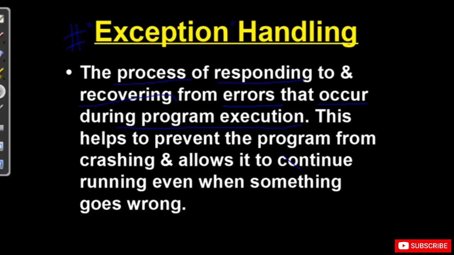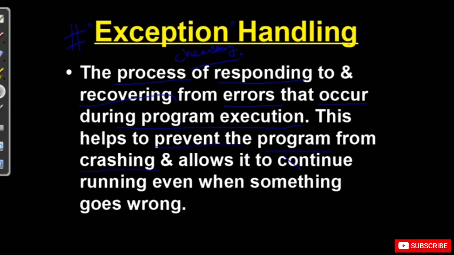Like this is an exception, that is an exception, because of this, because of that, and so on. So chemistry people and programmers actually handle the exceptions. Okay. So this helps us prevent the program from crashing and allows it to continue running even when something goes